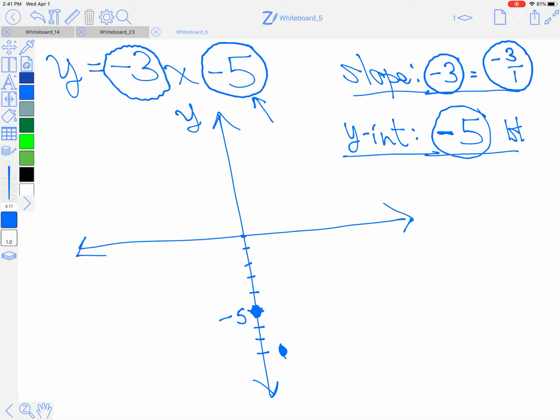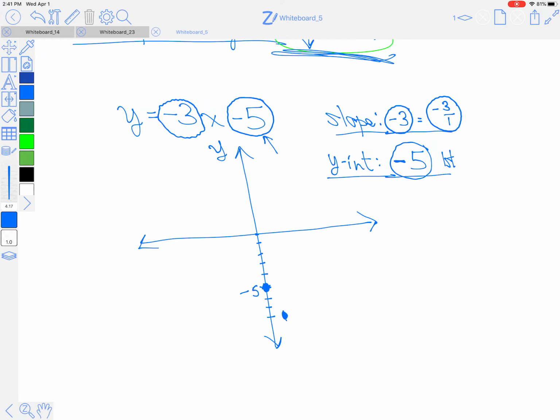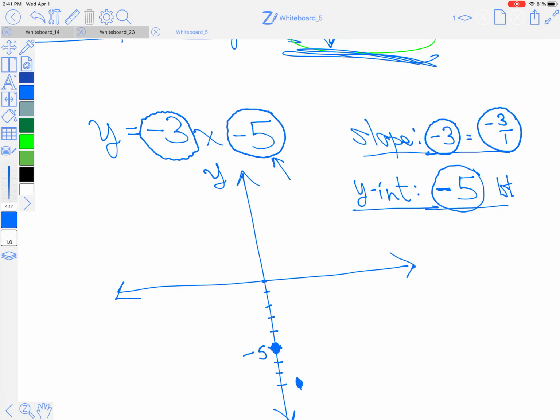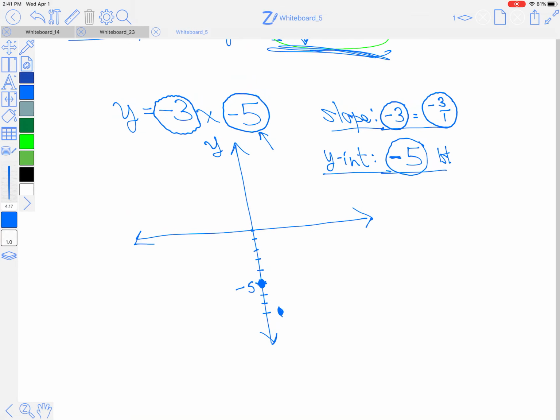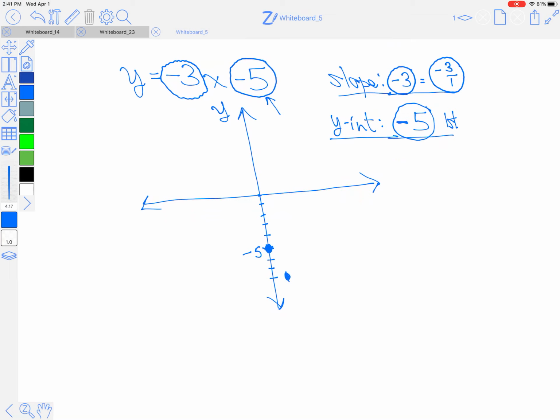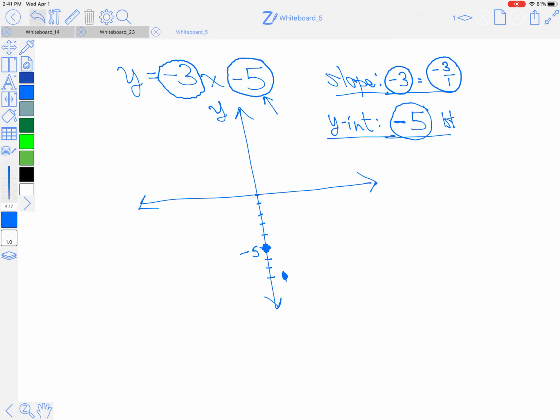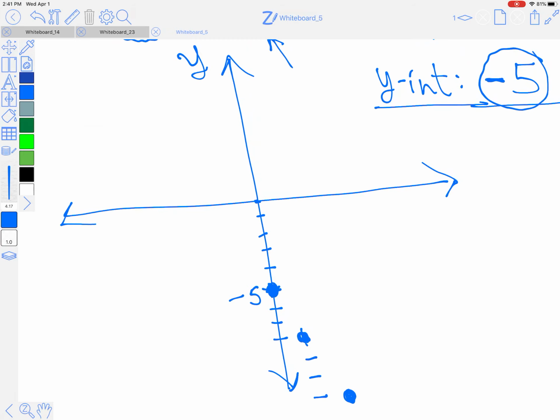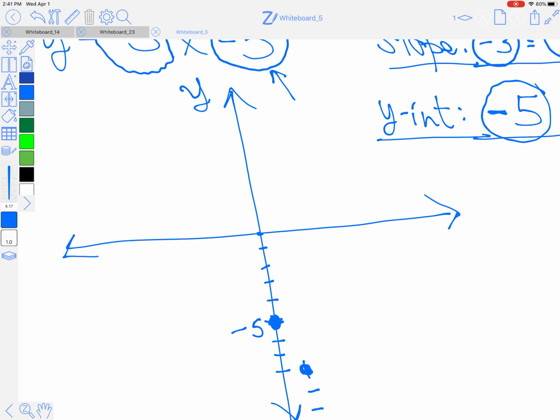Now you can see here kind of what I was talking about before. If I go down 3 more, 1, 2, 3, over 1, you can see I'm kind of starting to run off the graph here, which is okay. What I had told you before was